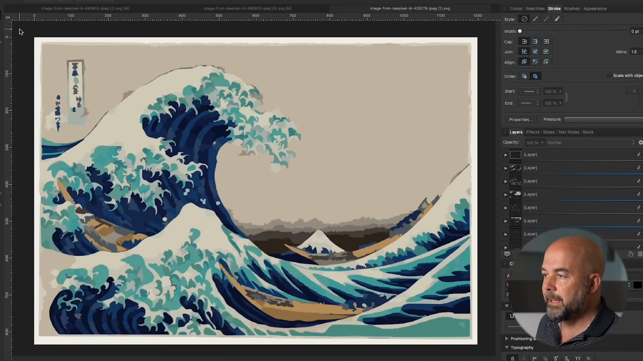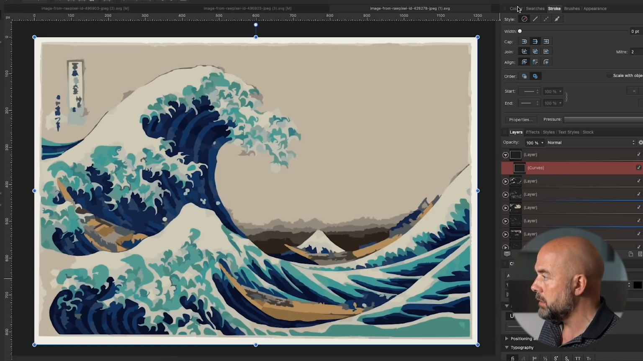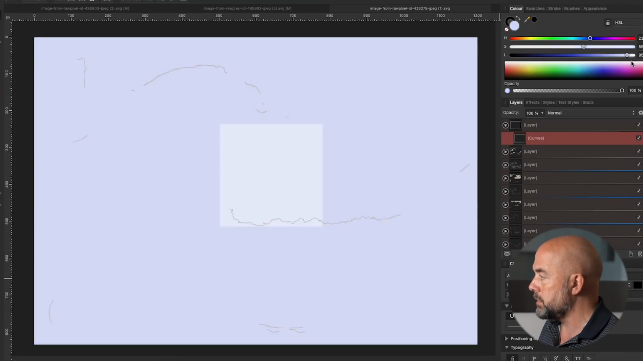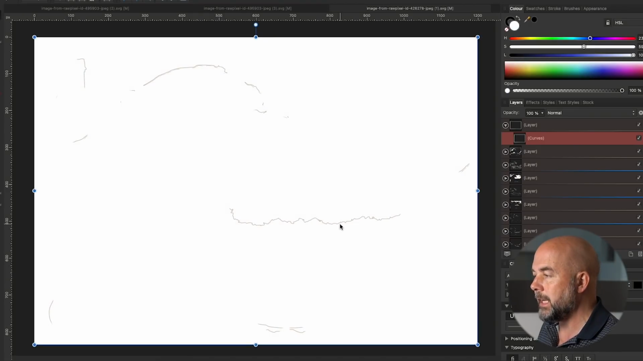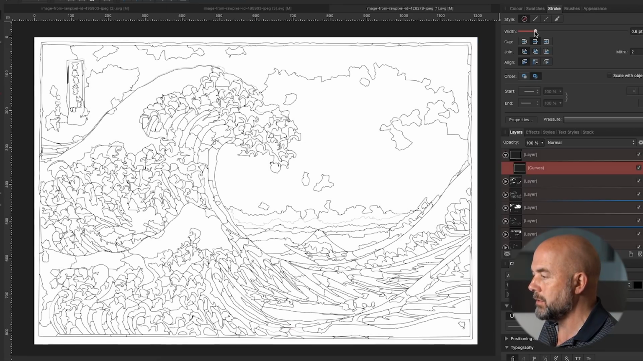And so for this one, left click on the mouse, drag a bounding box over the whole image, go to color, go to fill, move that over to white, ignore these lines here. I don't know why those appear, but that's okay. We'll soon change those. Click on our stroke button, click on the stroke tab, and then increase the stroke width